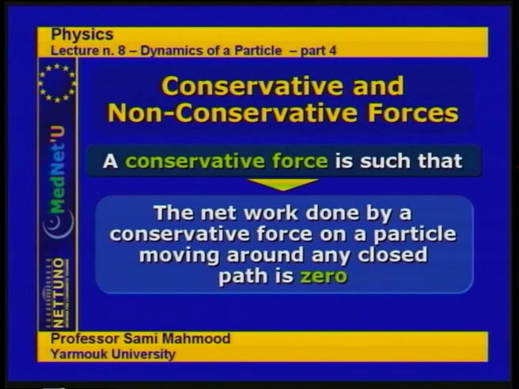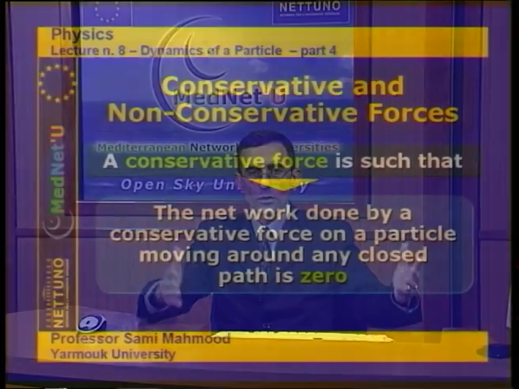Then we say that that force is conservative, which means that we did not lose energy in moving the object from one point to a second point and then back to the first point. That's why we call it conservative force. It conserves energy of the system. It does not lose energy during the course of